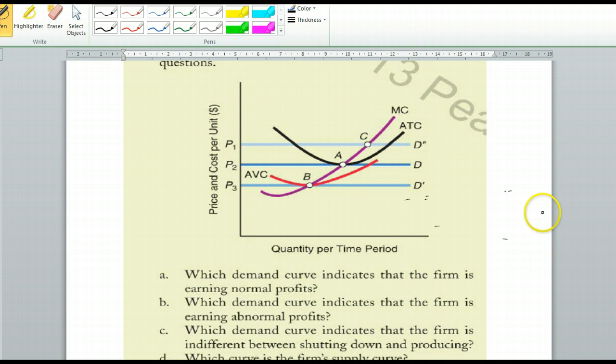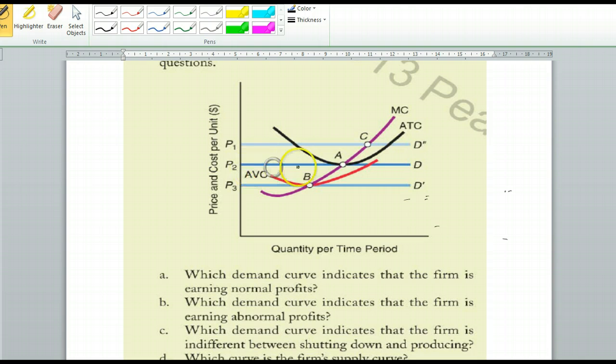Okay, question A, which demand curve indicates that the firm is earning normal profits? Normal profit means zero economic profits. So we just have to figure out where total revenue is equal to total cost. That means average revenue is equal to average cost. Average revenue simply means price, and average of the total cost has to be equal to that price in that normal profit situation. So that is actually going to happen when the demand curve is shown by D, this here,